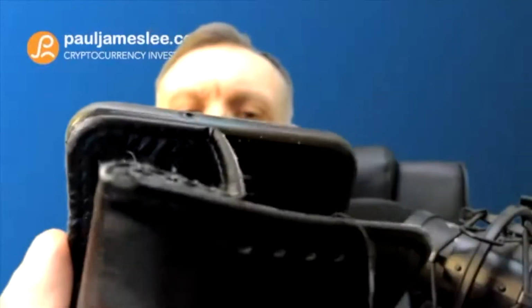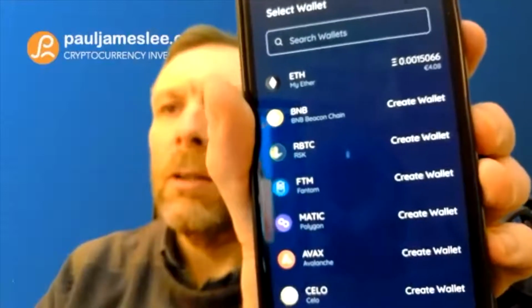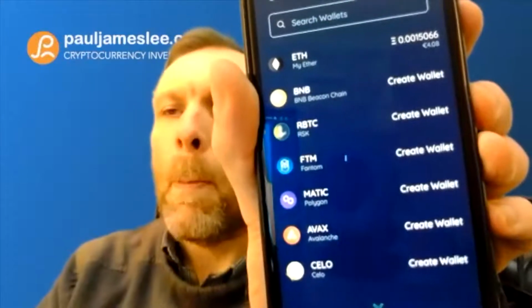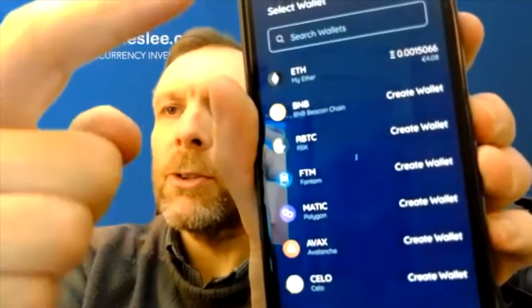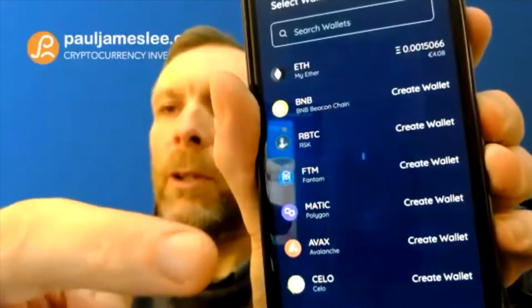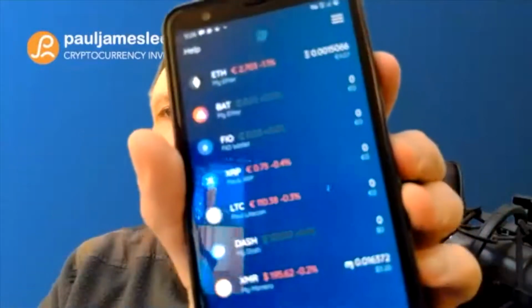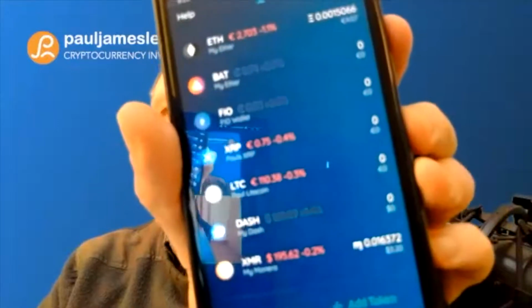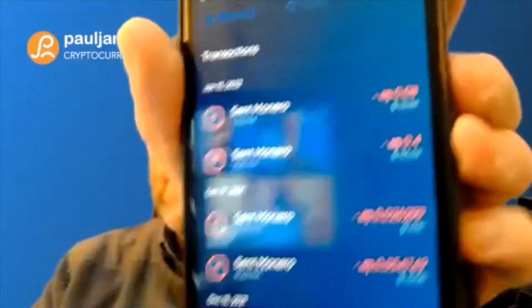So if I go add token, it gives me the option to search for a particular type of coin, and then I'll create a wallet. So it's basically just a search, find the coin I want, and then just create wallet. If I go back here, again, just going back to my list of coins, so if I tap XMR there,